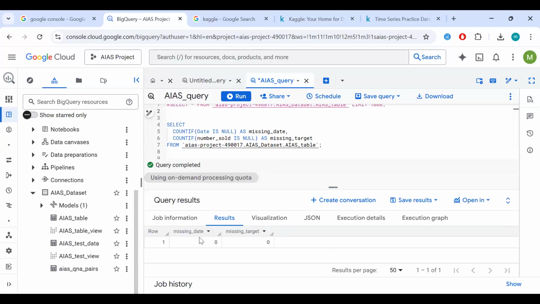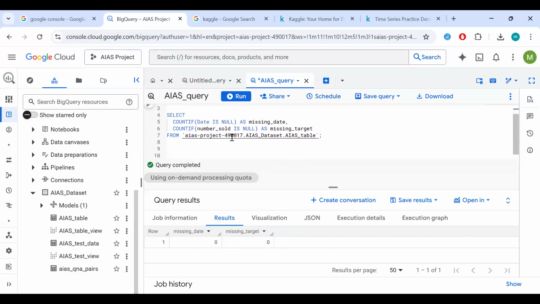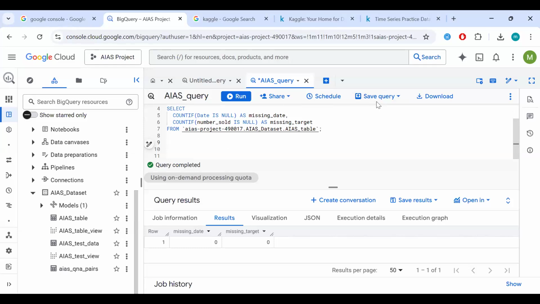And lucky us, we have no missing dates, no missing targets. And our target is basically our number sold. That's what we're trying to predict, right? That we're trying to see if our number sold will increase in the future or will drop, right? So that's basically it. So now we see that there's no missing dates or missing targets. So I think that's good for us to move on to our feature engineering, right? And then see how best we can prep our data to fit into our model. All right.